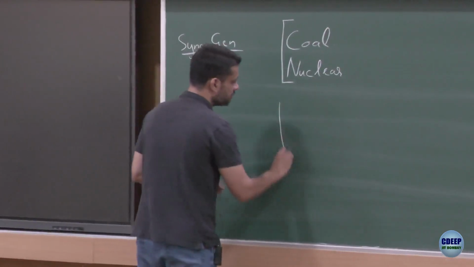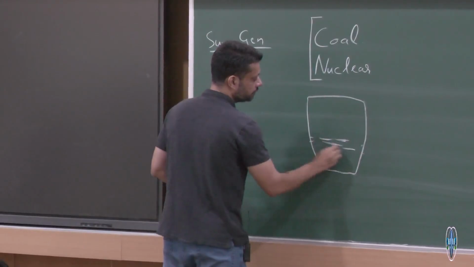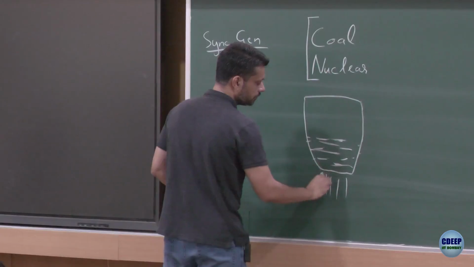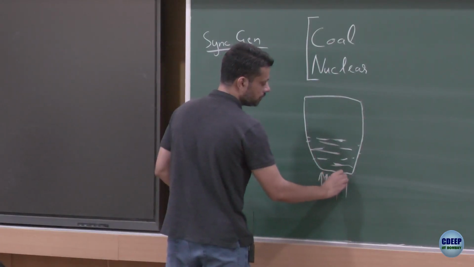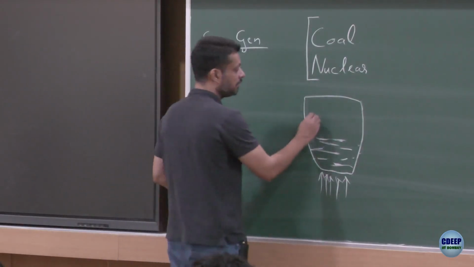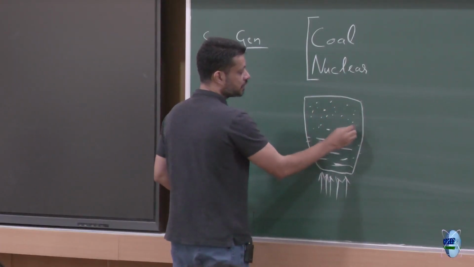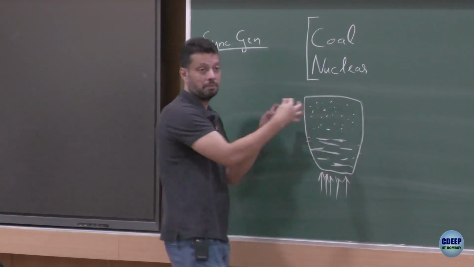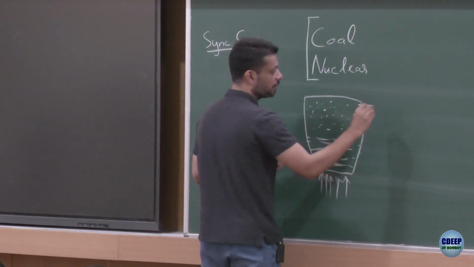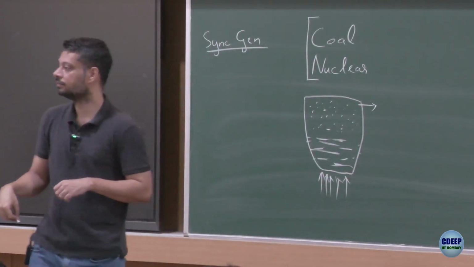So what it means is if you have a boiler, right, filled with water, and now if you heat it up, then what will happen? This will convert into steam, right? This steam will fill this remaining part, and of course steam would be expanded. So this would be at much higher pressure, right? And now if you make a small hole from here, the steam will come out from here with a lot of pressure, the way it does it in